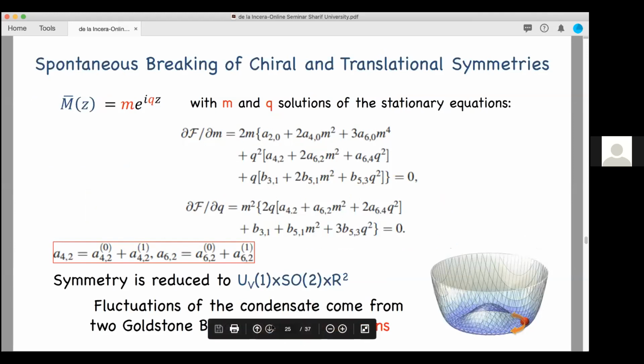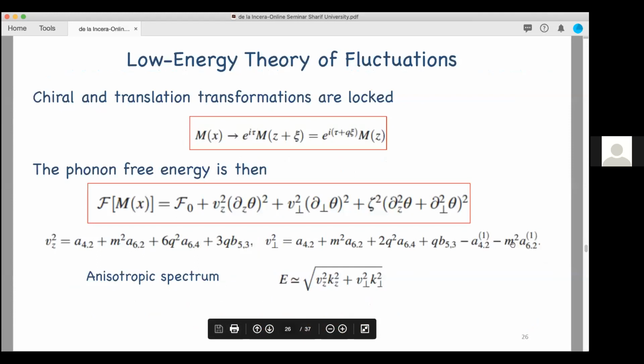And only because we have B and A, one type of coefficients, this is not 0 anymore. And this is what I want to say, that the A1 coefficients are not relevant when you look at the solution for the minimum, but they are relevant when you look at the fluctuations and how that changes the spectrum of the fluctuation, because now the spectrum is